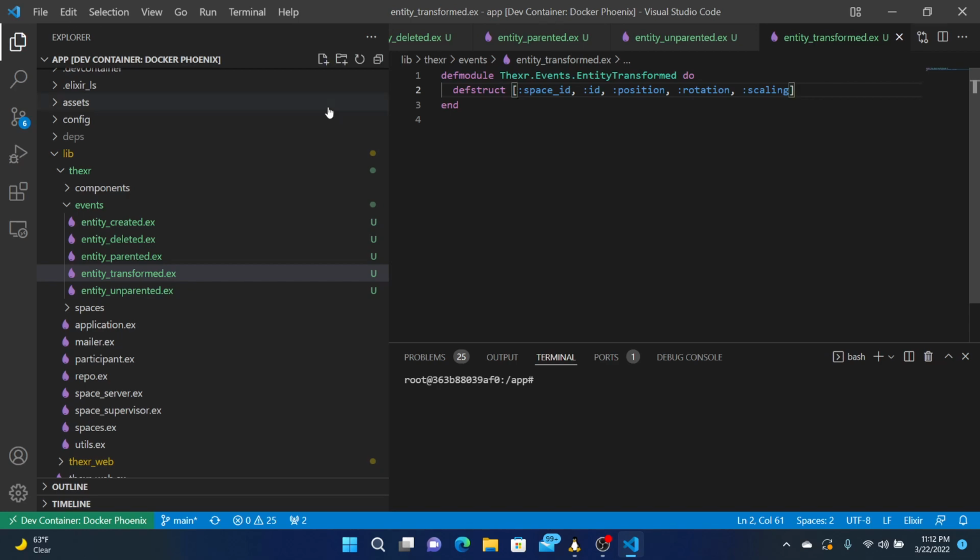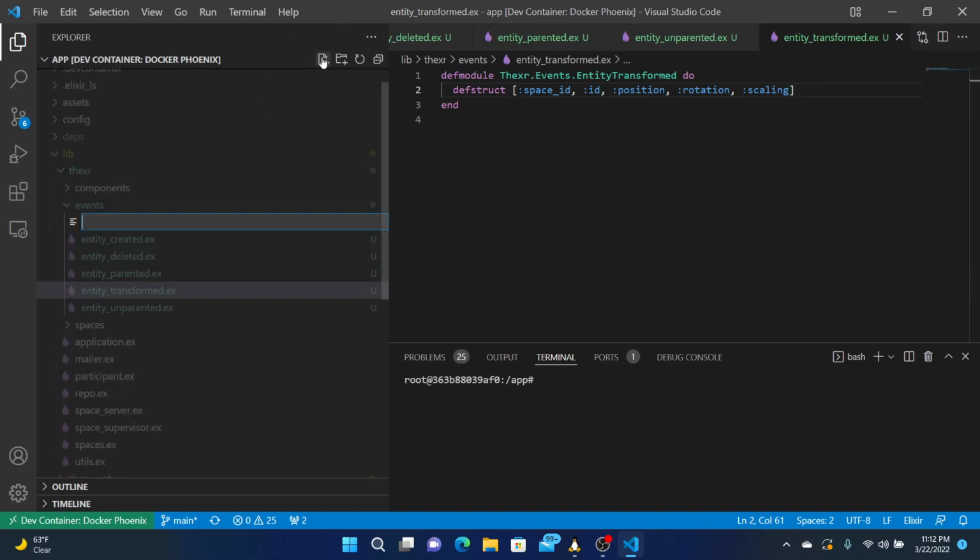Then maybe you can set the color. Entity colored.